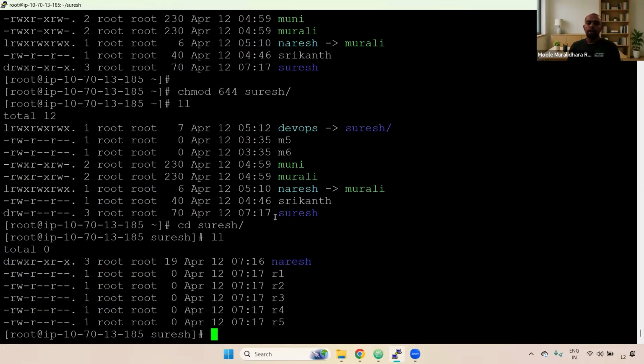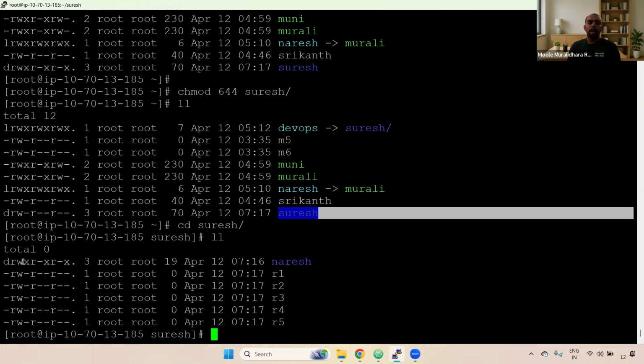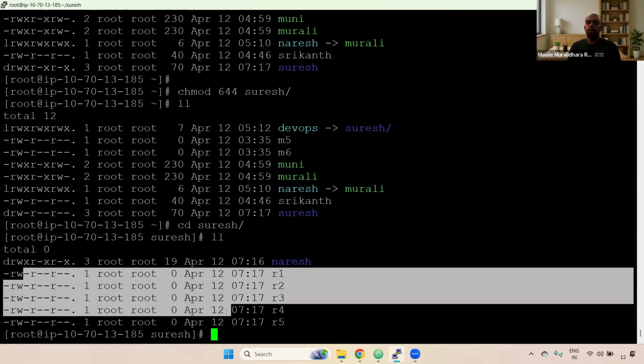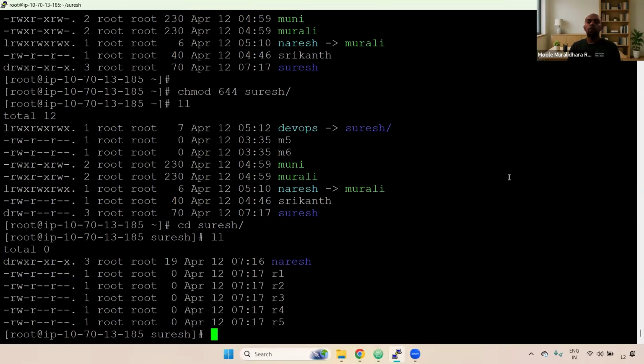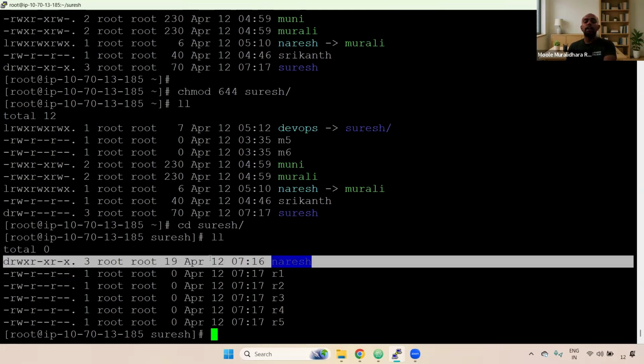Understand, right, what I'm saying? For the Suresh directory, we change it to 644, it is applied. But inside the Suresh directory, we have a subdirectory and subfiles available. So those permissions still exist, existing permissions only. Now, what I wanted to do, if I wanted to apply the permissions to the subdirectory and subfiles also, same permissions. Whatever I'm giving here, 644, for this particular Suresh, same permissions I need to apply inside the directories